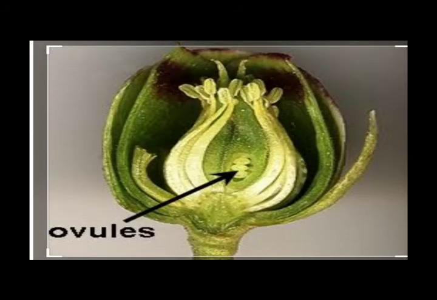You can see the ovules present inside the ovary, and finally fertilization takes place here when the pollen grains fall on the stigma of the gynoecium, and slowly as they enter through the style and reach the ovary, there the fertilization process takes place, and finally the ovary turns into a fruit.